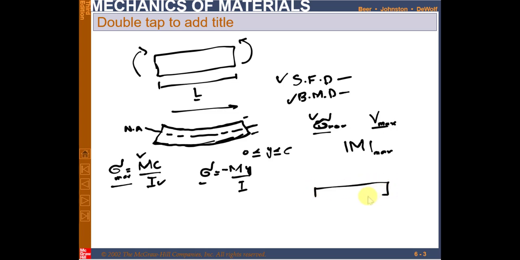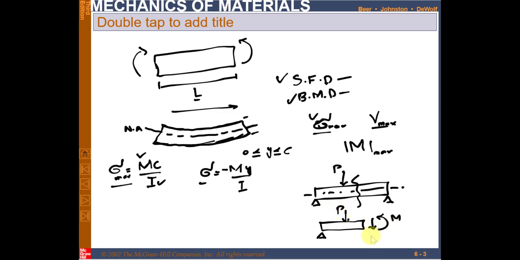Also, you know that whenever, let's say, we have a beam and that beam is applied with a load P, and this load is a transverse load because it is acting perpendicular to the axis of this beam. So if you cut the beam at any section, definitely there will be a shear force acting downward, and there will be a moment. Clear? So this shear force is vertical shear force.